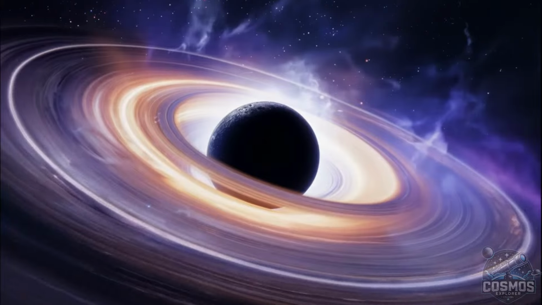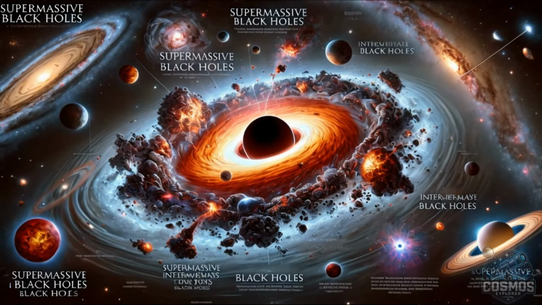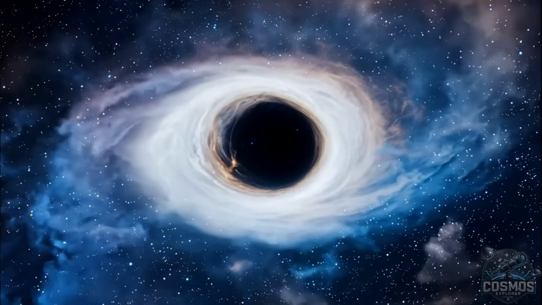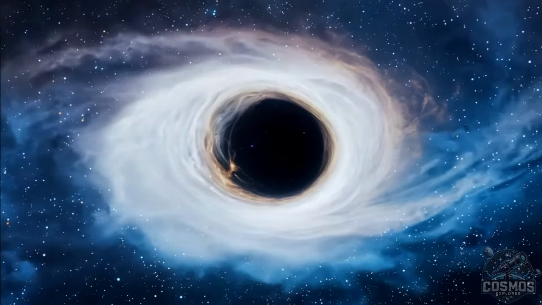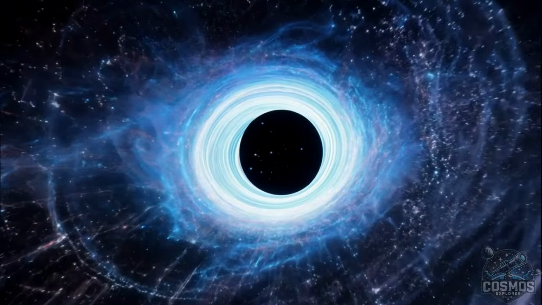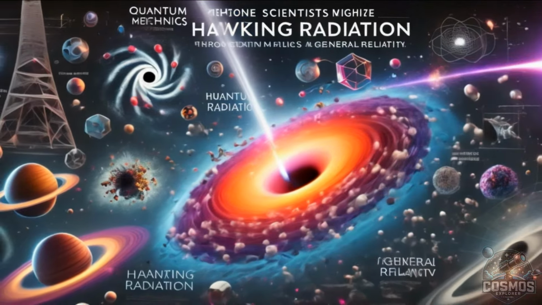Another fascinating notion is the concept of Hawking radiation, where black holes emit radiation over time and eventually evaporate. Some scientists theorize that information might slowly leak out through this radiation, albeit in a highly scrambled form. This complex interplay between quantum mechanics and general relativity remains one of